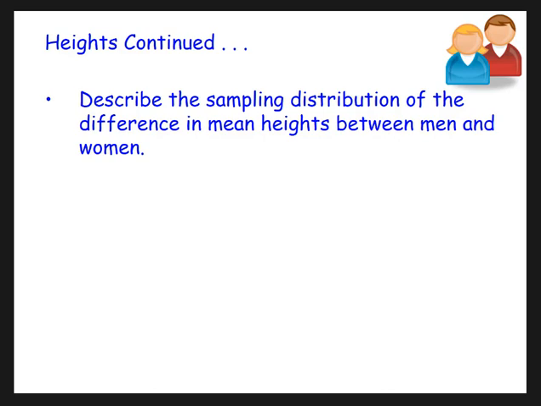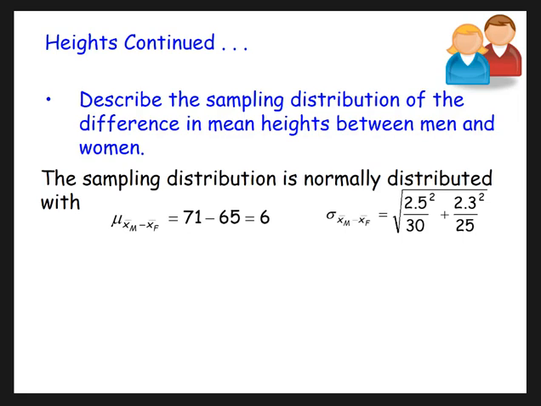So let's describe the sampling distribution of the difference in mean heights between men and women, I should say. So the sampling distribution is normally distributed. The mean is just the difference between the means. 71 minus 65 is 6. The standard deviation of that distribution of the differences is, again, the combination of the two standard deviations: the square root of the men's standard deviation squared divided by the sample size, plus the women's standard deviation squared divided by